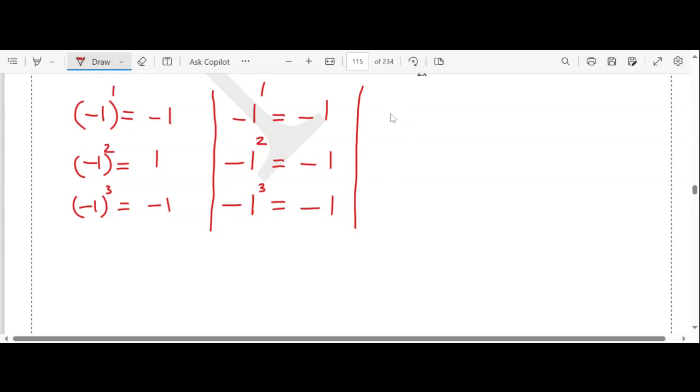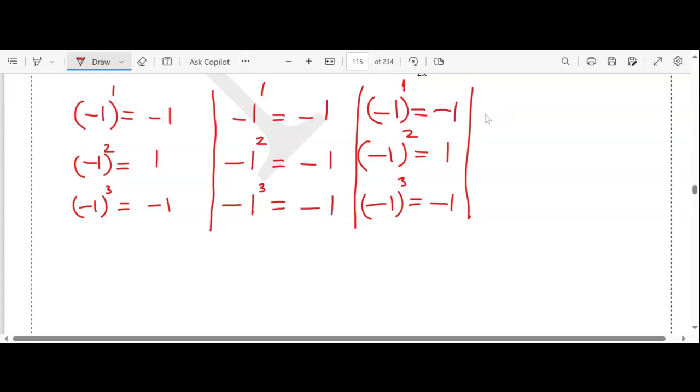Again, one more time. If I have -1 to the power of 1, -1. -1 to the power of 2, 1. -1 to the power of 3, -1. Good. If I have -2 to the power of 1,